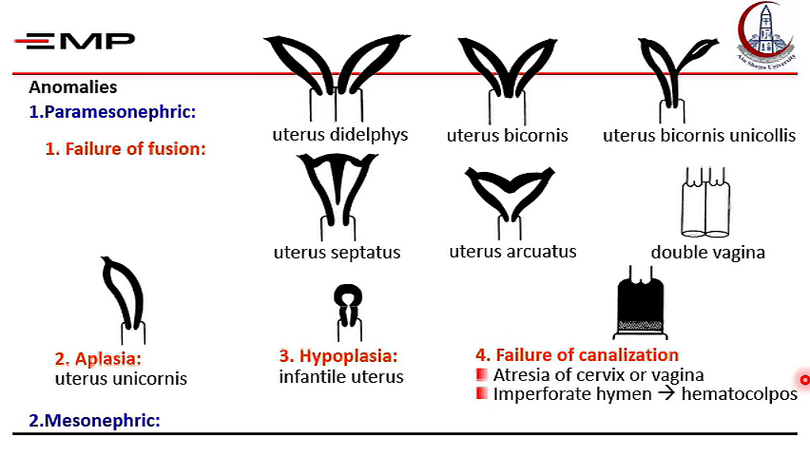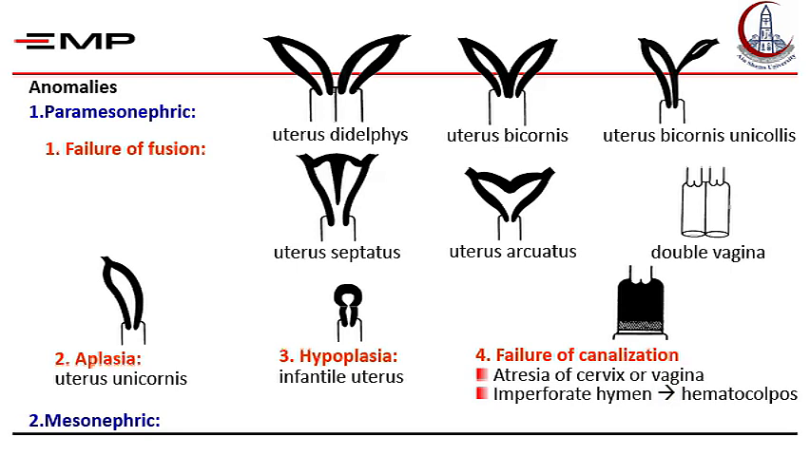Failure of canalization may be either atresia of the cervix or imperforate hymen. In the case of imperforate hymen, at the time of first menstruation, that's called menarche, blood is accumulated in the vagina. Every month, more blood is accumulated. The vagina enlarges, and this is called hematocolpos. It is treated by making an incision, but draining the blood very slowly, so shock will not occur to the